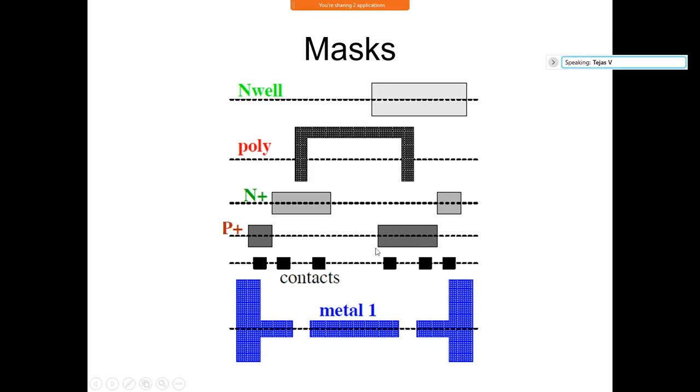PMOS transistor. How about this? Metal. Metal is this. How about this? Contact shorting between P plus and N plus. These are all like vias, that is contact cuts, because they have to run through that entire layer, from the metal layer down to your diffusion layer. So there is a contact cut. They are called vias.